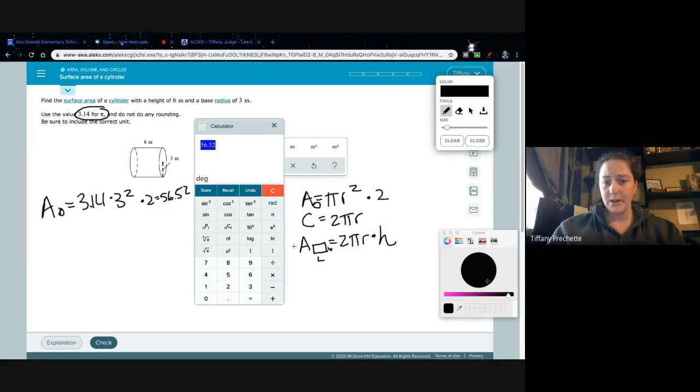And now I need to do the actual rectangle part here. So I'm going to go 2 times pi times r. They already told me what r was, and h is the 6 that they gave me. So there's not a lot I have to do on this one. I just have to know how to plug it in and find things. I just have to plug in the correct pieces. So 2 times 3.14, because that's what they asked me to use for pi, times r times height, which is 6. So that's going to give me 2 times 3.14 times 3 times 6 equals